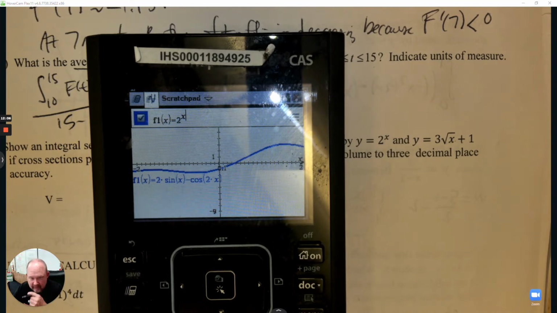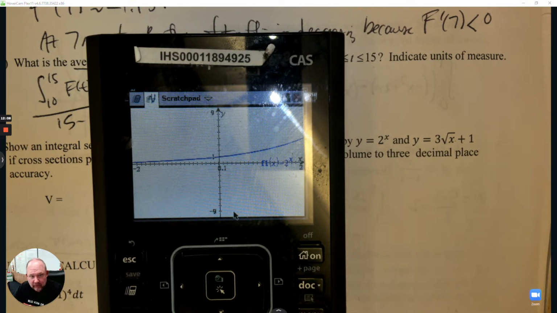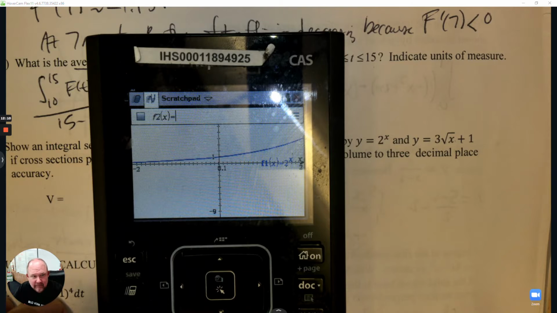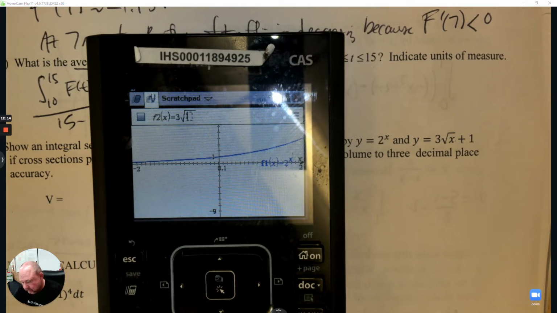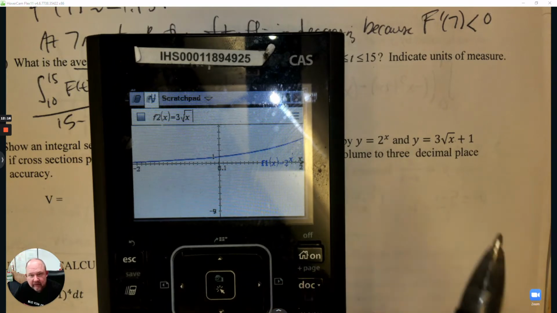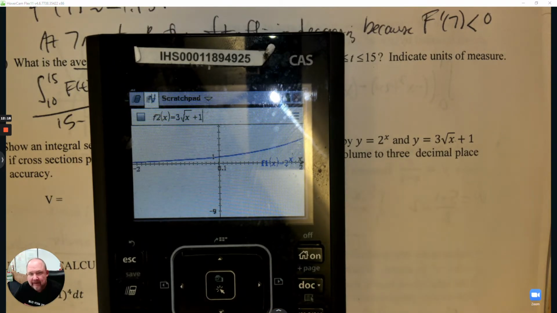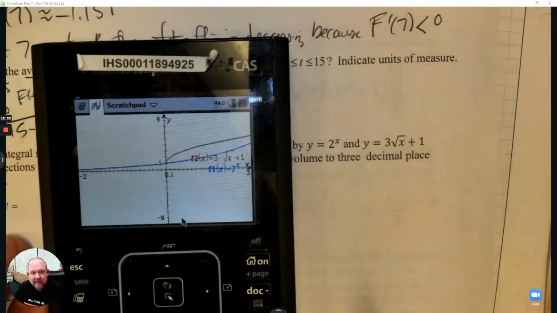So when I go 2 to the x, that color is blue. Then when I press tab and I go 3 root x plus 1, that's going to be a different color. And then when it says